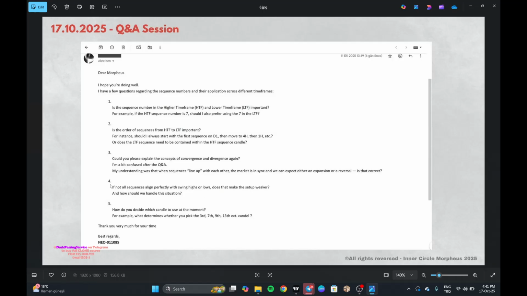Yeah, this fourth question is important, guys. If not all sequences align perfectly with swing highs or lows, does that make a setup weaker? Yes. That makes the setup weaker. But once you're advanced, reading the contraction, distortion, based on how they